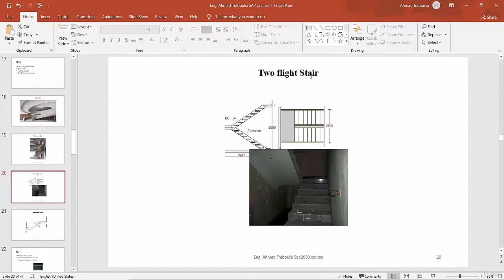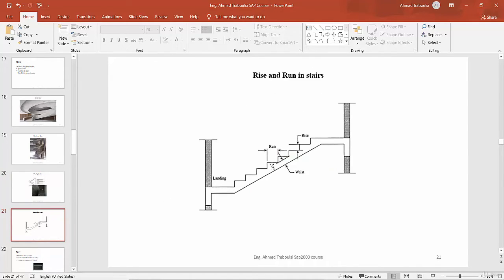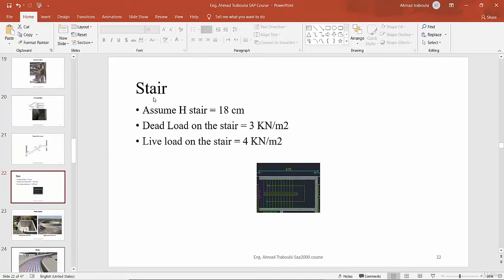Now we have the 2-flight stair, the normal type of stair supported on 2 sides. We will learn also how we can define, model, and design this type of stair. Also we will learn how we can determine the run and the rise of the stair and define these two parameters. Finally, in this project we will assume that the thickness of the stair equals 18 centimeters,